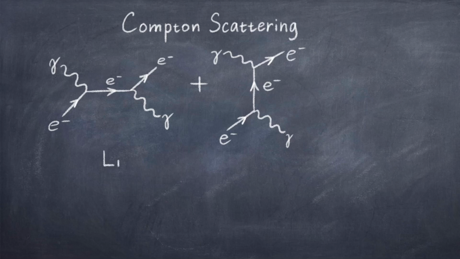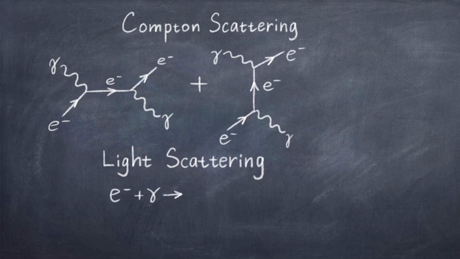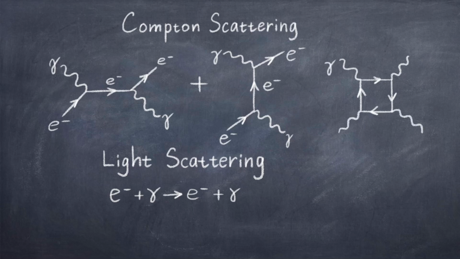This process also has two diagrams. One is in the form of an annihilation diagram and the other is the usual interaction diagram, which we have seen for all of the processes so far. But note that the incoming photon turns into an electron. Likewise, the incoming electron then turns into a photon. This is a bit different. These processes are one of the primary ways in which light interacts with matter.